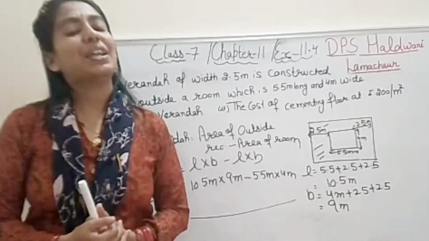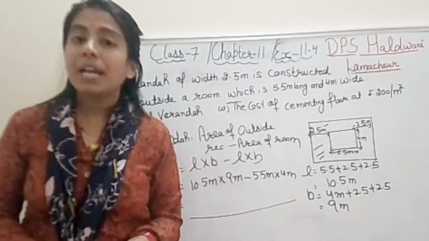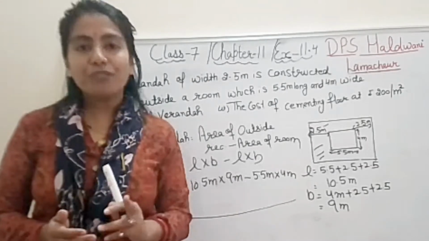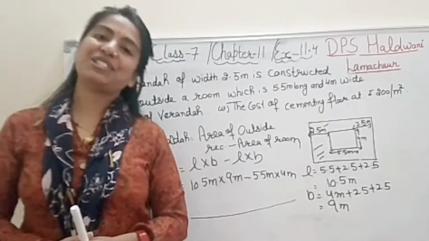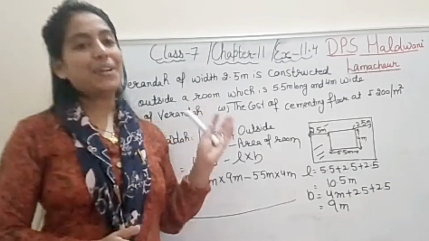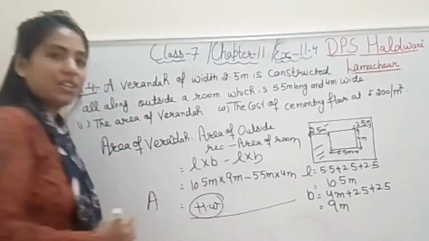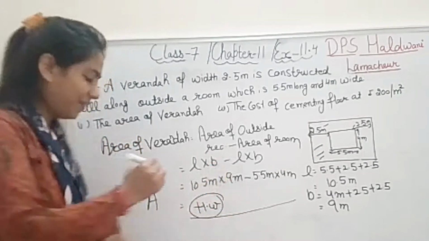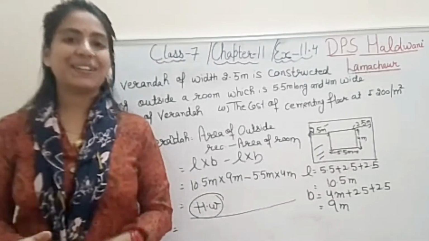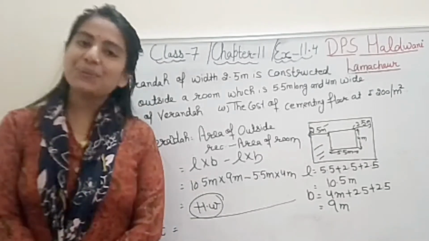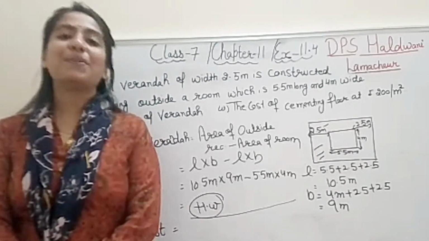That's it, student. I hope you understood. The questions are very basic only. Again and again the same type of question with different modes and different terms. You have to do the calculation for the given terms. So the rest part you will do on your own. This is homework for you. You will complete this question, take out the area with the calculation, and after that the cost of the cement for the given area. Please do the calculation, then only you will be perfect in your calculations. So this is all about our question number 4.